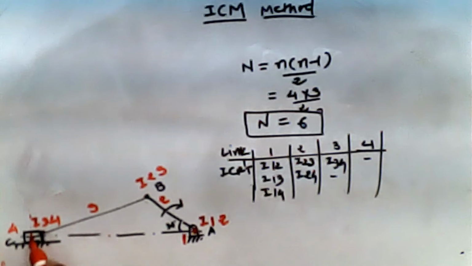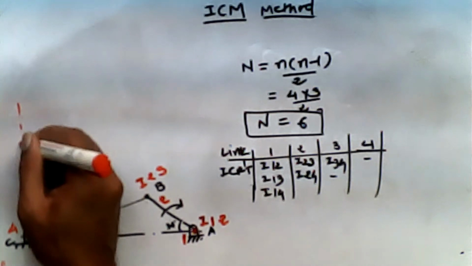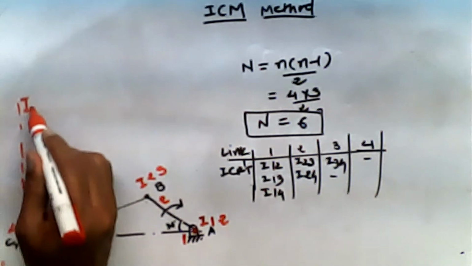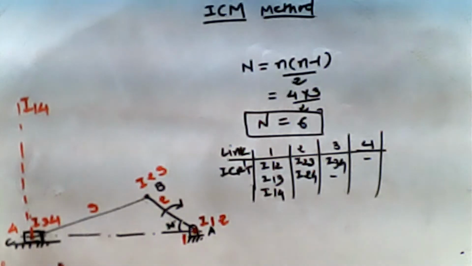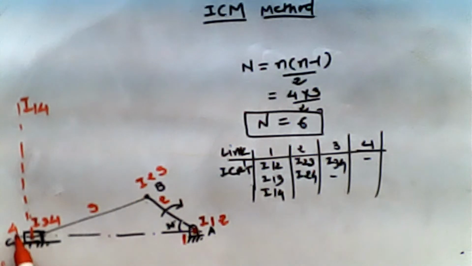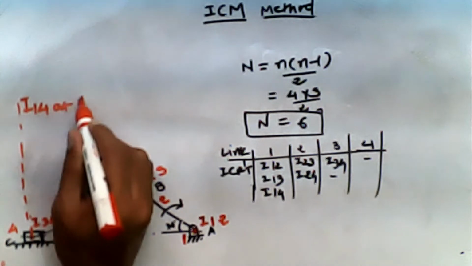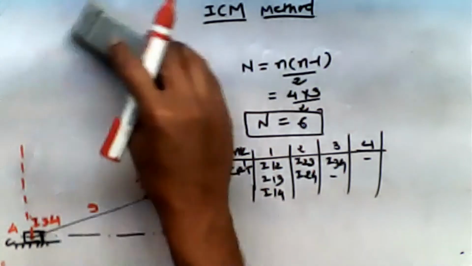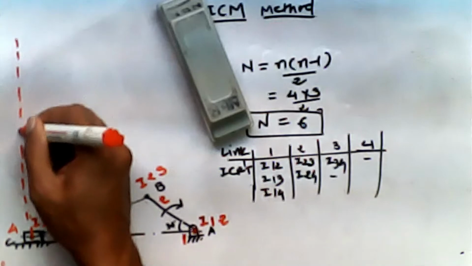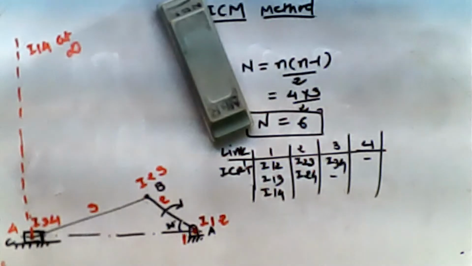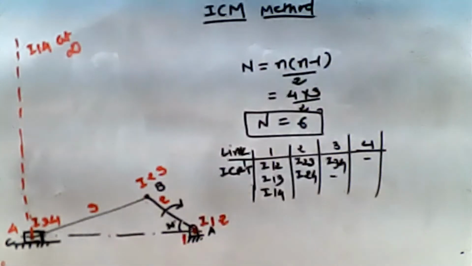So normal to the direction, we can make one line, but we don't know where to stop. Correct. So I'm writing it as I14, the instantaneous center of the piston with respect to the reference, and it lies at infinity. I don't know where it is lying. Correct. So obviously I will simply make a line and write that this instantaneous center lies at infinity. Is that okay? So some of the instantaneous centers are located, correct?